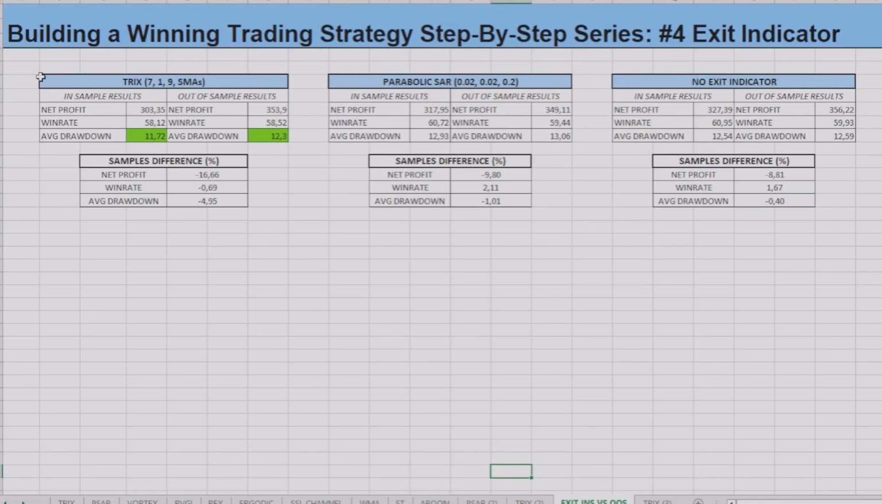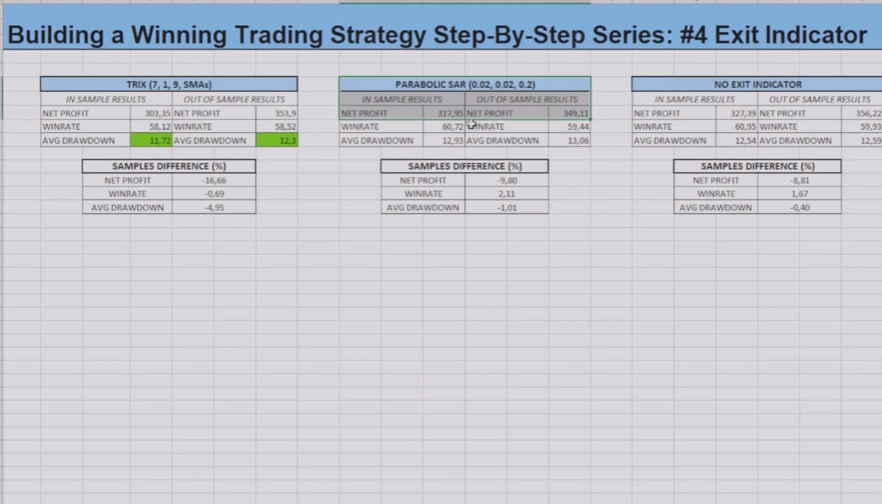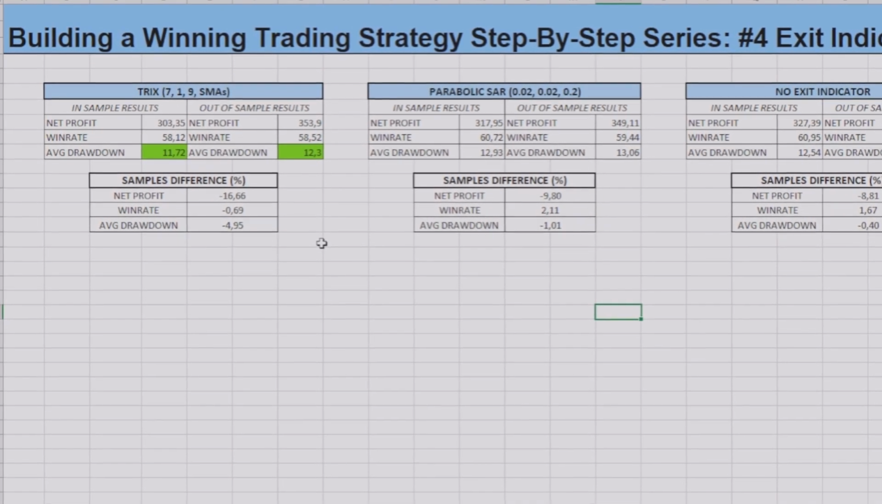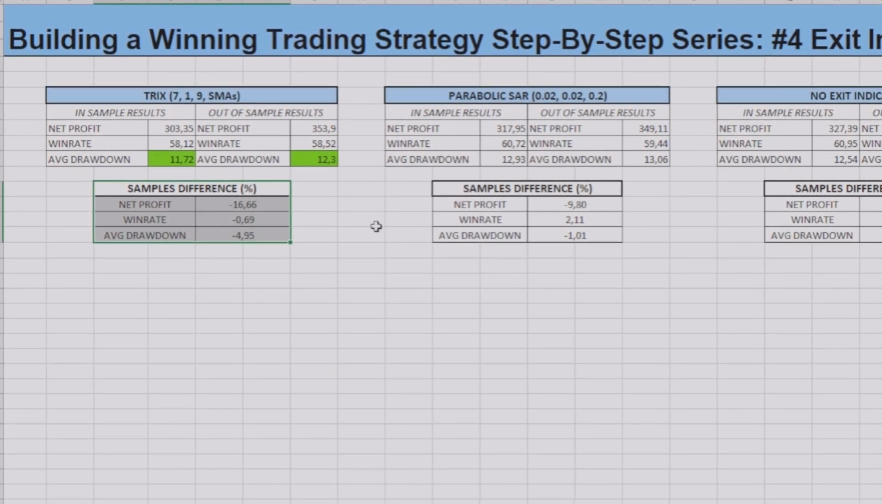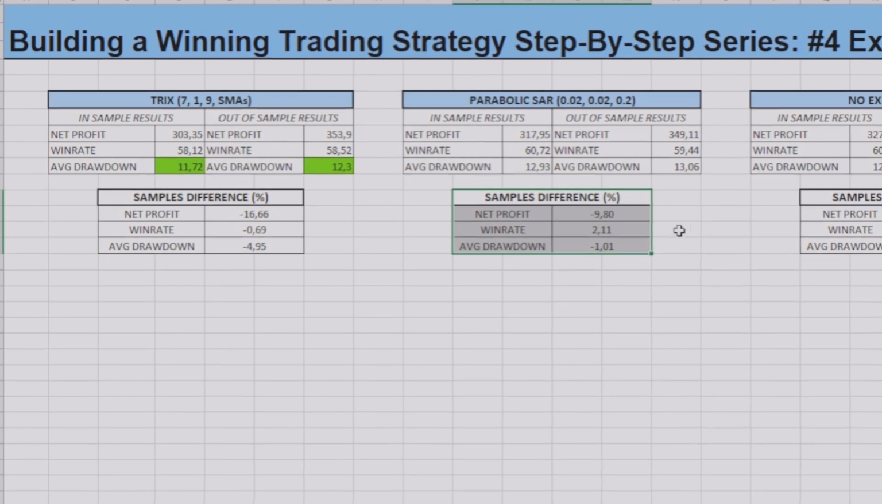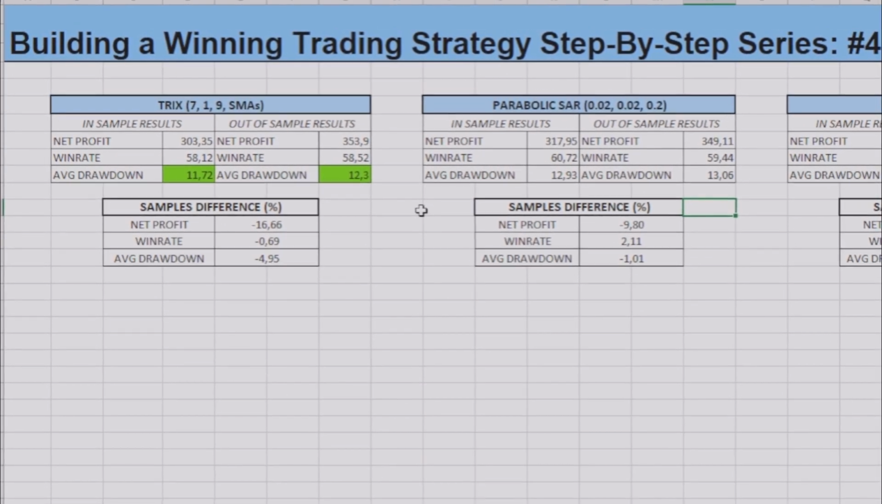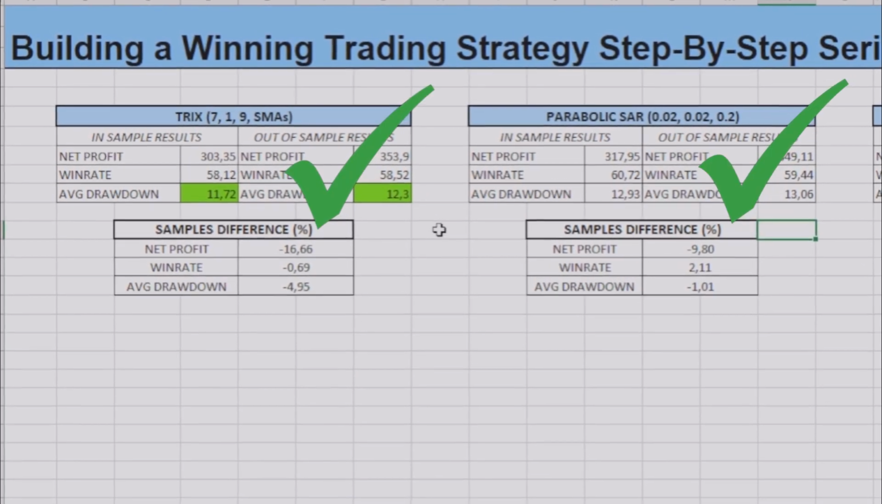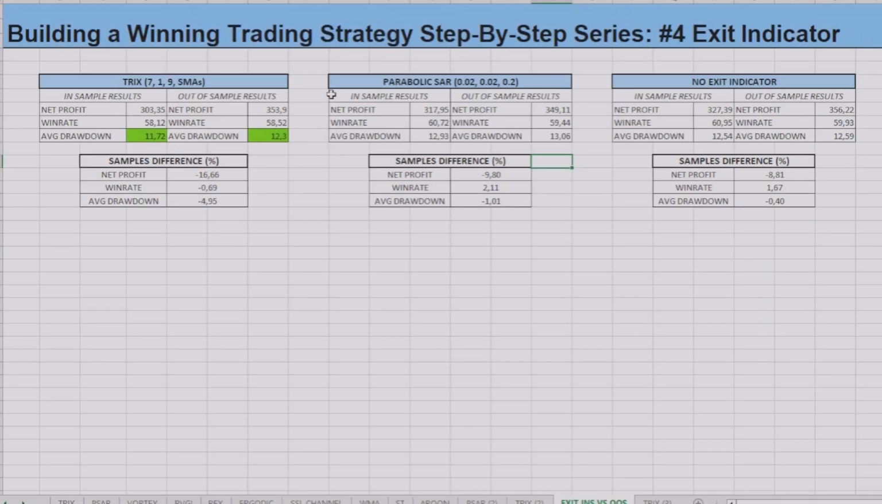And here we have the results of both samples of the two best tested exit indicators side by side. As I mentioned in the other episodes, the difference between samples should not be greater than 15 to 20%. And, by that way, you can see that both exit indicators respect that rule. But, regarding the improvement of stats, which is what we are actually looking for with the use of an exit